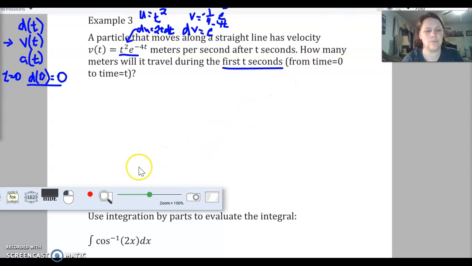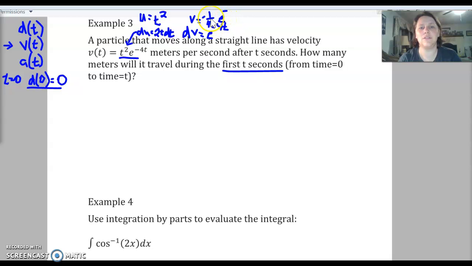Oh dear, no, don't do that to me. Oh crap. I'll have to pause for a second. Okay, so what did we end off here? So we've got negative 1/4 e to the negative 4t